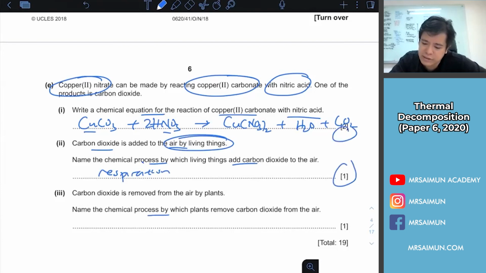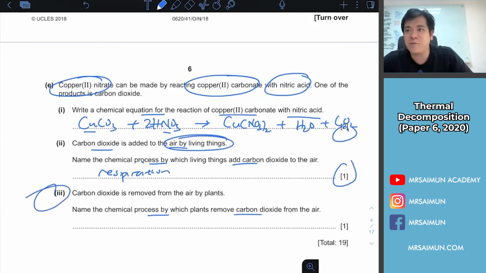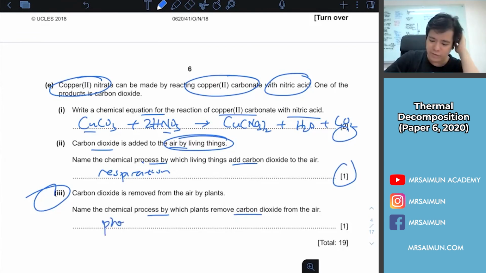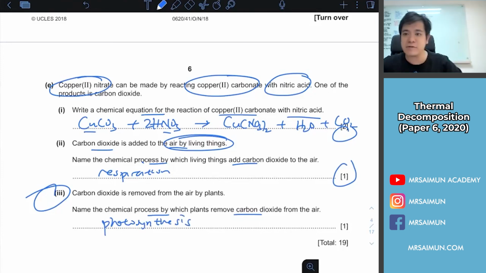Name the chemical process by which plants remove carbon dioxide. This is easy. Come on. Please, everyone, type the answer in before we end the lesson. Anyone else? Photosynthesis. So make sure if the exam asks this kind of question, make sure you can do